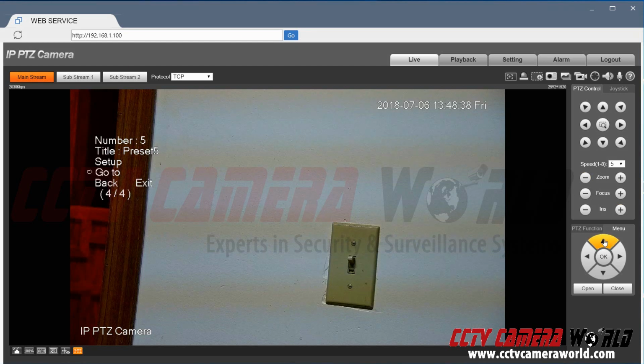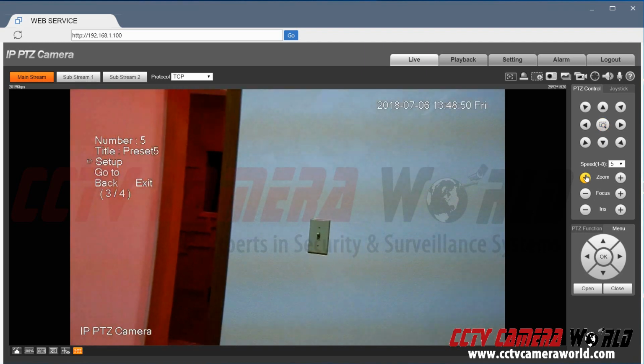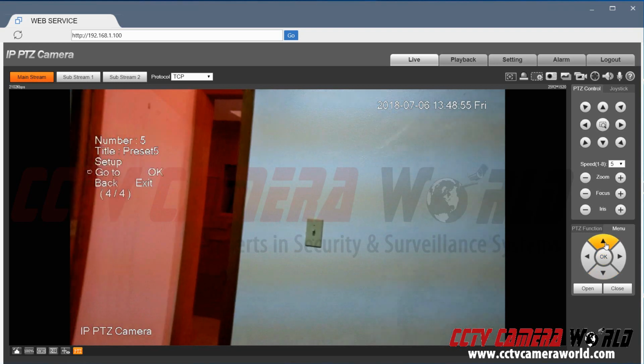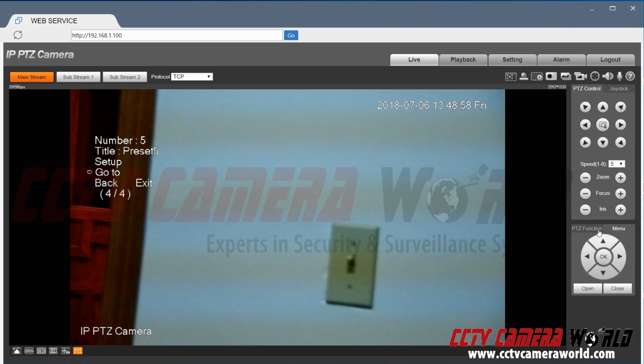So now I'm going to actually use this menu and go to Setup here and press OK, and it'll say OK here. That means preset 5 has been set up. So if I were to position the camera somewhere else and call it now by going go to, and it says OK, and it zooms in where I want. Now I want to go back and set a tour. So I will go to tour, and I'm setting tour number 1, and then click